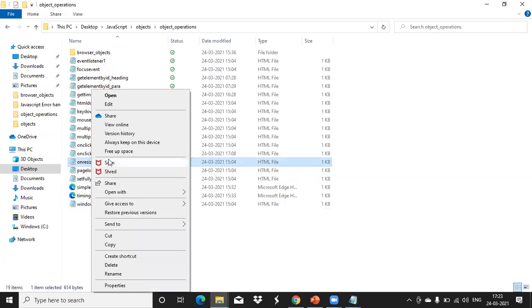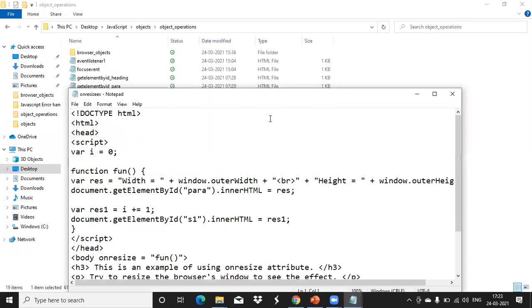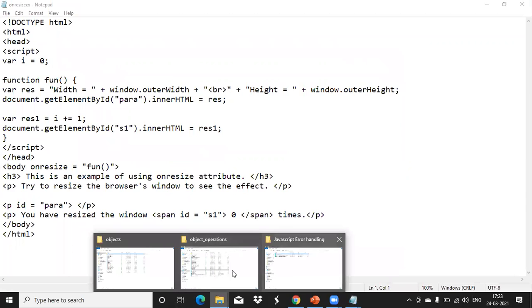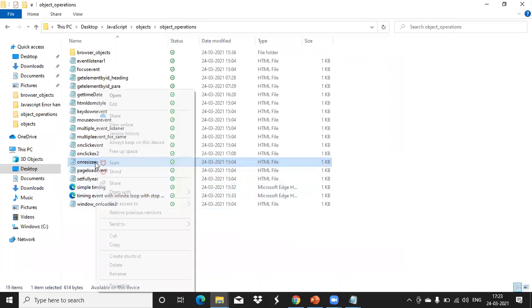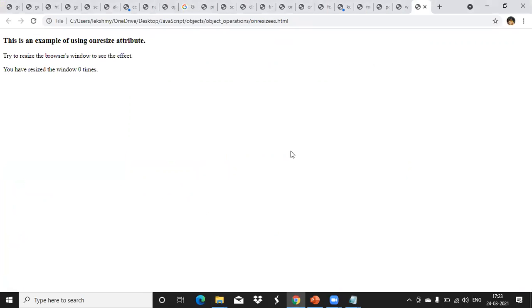Now onresize is there. See what the program is for onresize. What it is doing, you first see the output. So when I am resizing this, it will show you how many times you have resized the window.